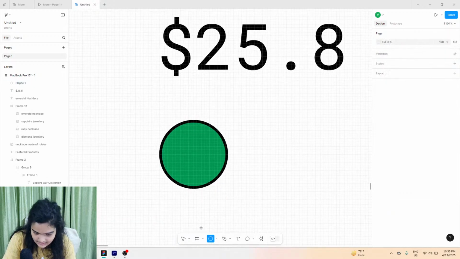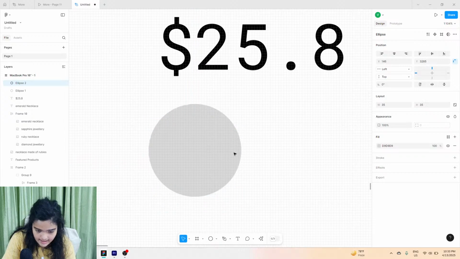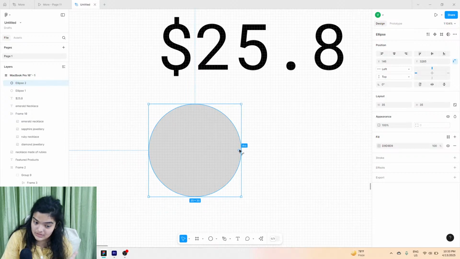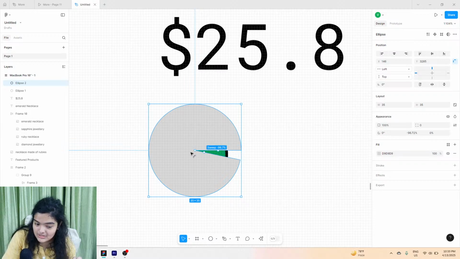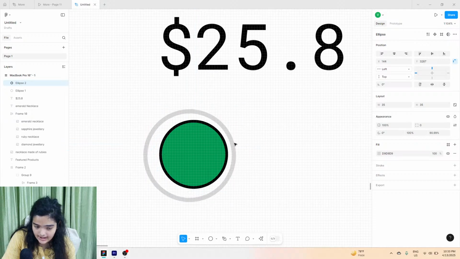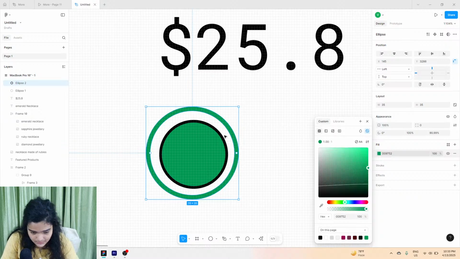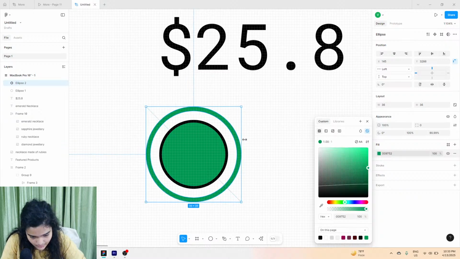So we're just going to create another circle to create a ring. Make this large enough. And to create rings in Figma, this is another cool hack. You're going to go outside, get the circle out, and then take the circle in the center, make it bigger. I know this takes a little getting used to, and then just create the entire ring and then align it perfectly. We're going to change this color to green as well and make this just 1 pixel bigger and then